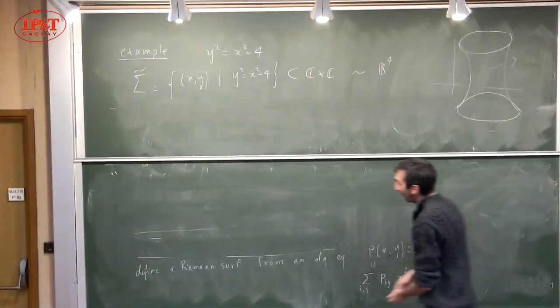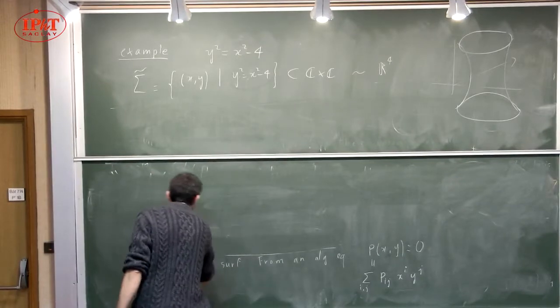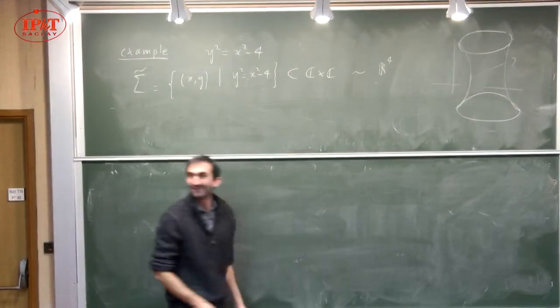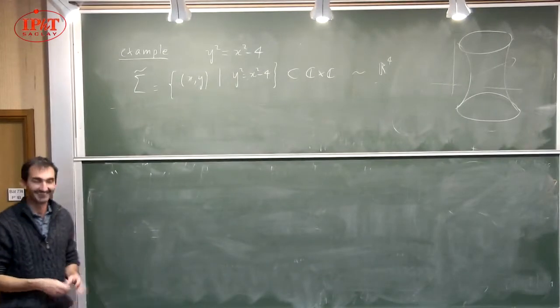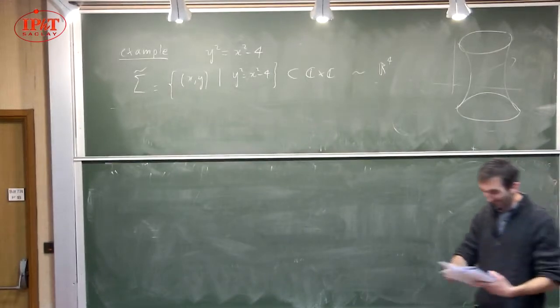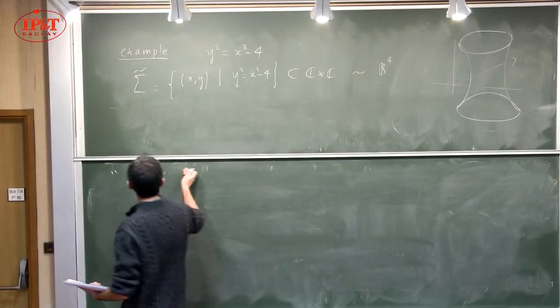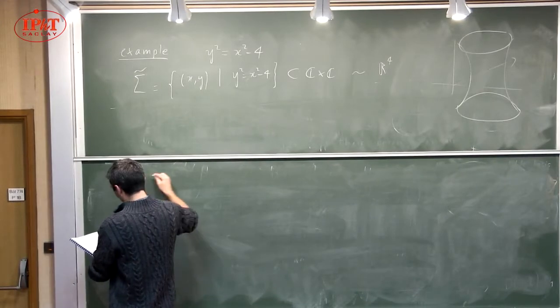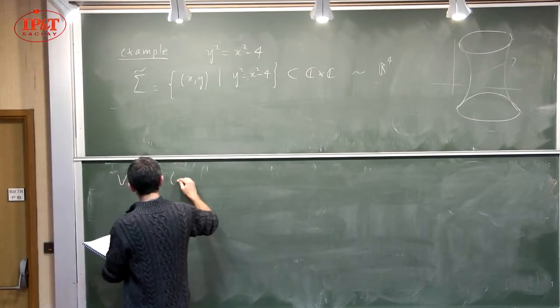So let me define the charts. I will define 6 charts to cover that surface. So let me define V plus. It is the space of pairs x